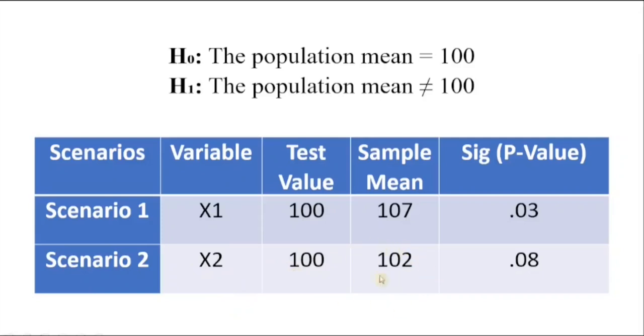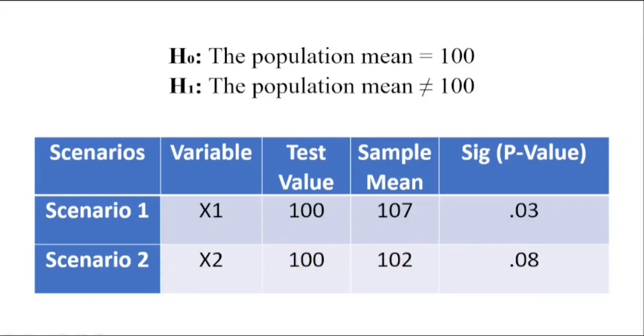is 102, with the observed difference being only 2 units. The p-value for this comparison is 0.08. As you can see, the sample mean is 102 and is still greater than the test value of 100. Though there is also a visual difference, unfortunately, you still cannot statistically say